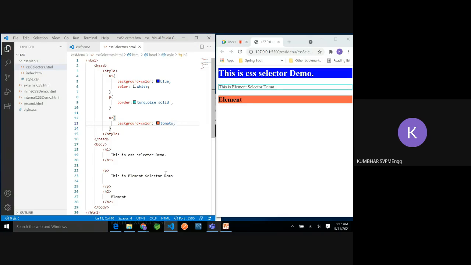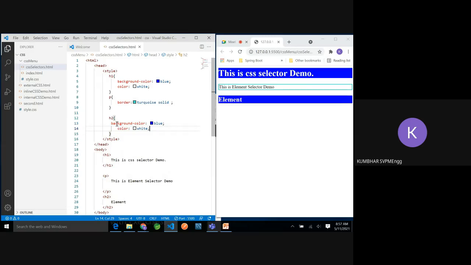Okay, now imagine that suppose I want to apply the same style for h1 and h2. So I have to copy that and the same will be applied. Correct? Sir, yes, sir. We have to define the attributes for every heading size, or is it applied to all the headings? Okay, great. So good question.